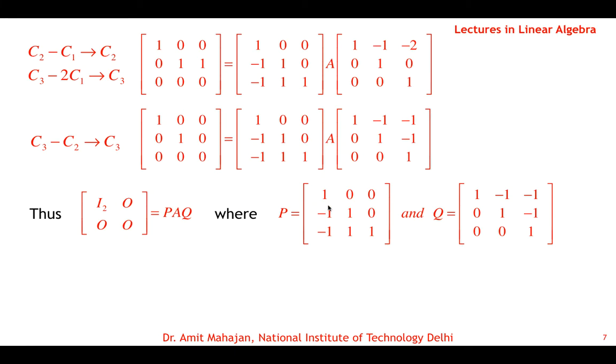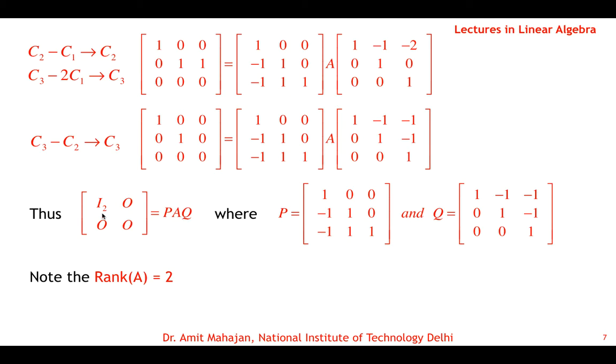Okay, and clearly you can see P and Q are non-singular matrices, and because we are starting with identity matrix and applying operations, and identity matrix is non-singular, we are always going to get P and Q as non-singular matrices. And on the left hand side, clearly I2 means this 2 by 2 identity matrix. This 0 matrix is a 2 by 1 0 matrix. This 0 matrix in the bottom is 1 row 2 columns, so 1 by 2 0 matrix, and this fourth 0 matrix is a 1 by 1 0 matrix. Okay, so we just bifurcate like this. Okay, so I2 0 0 0,